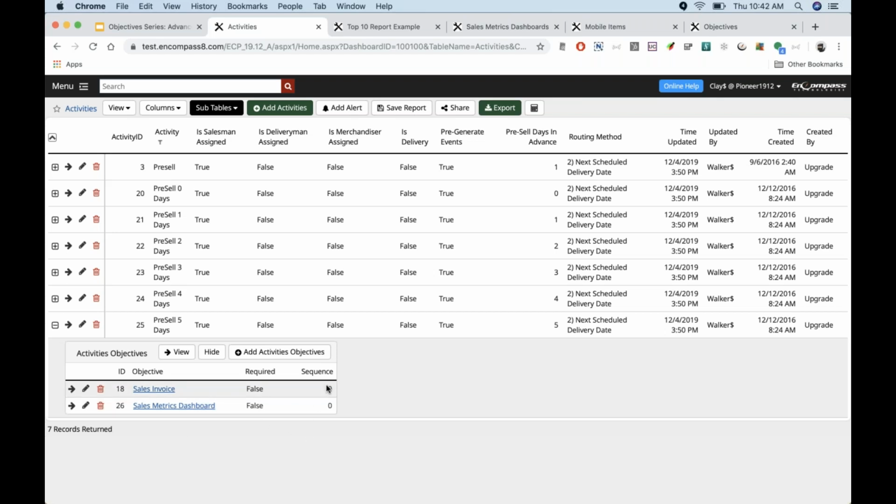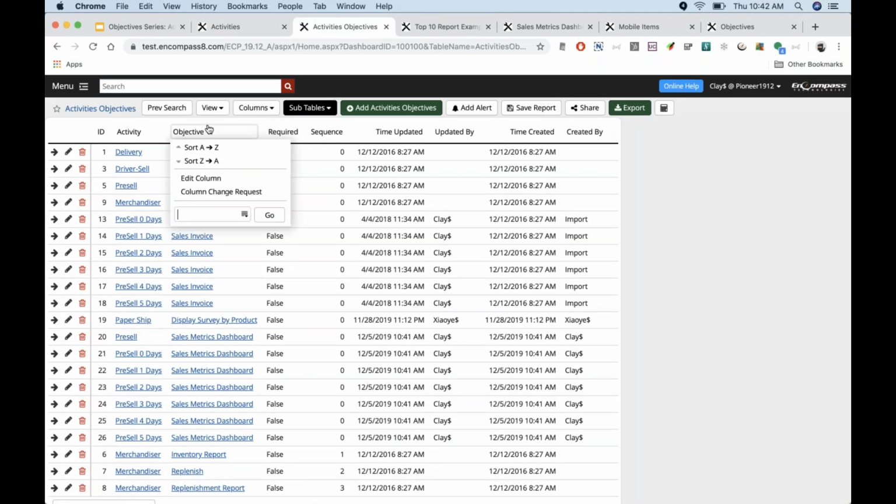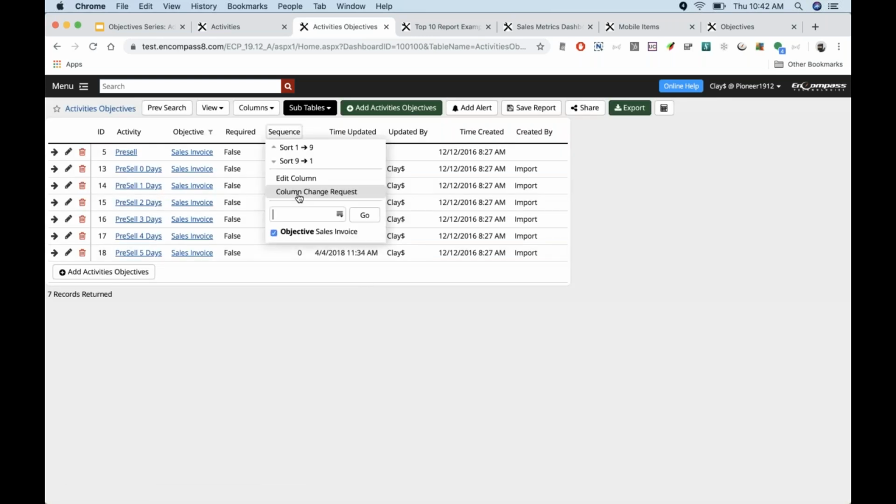Now, you may have noticed as I added these, both of the sequences are 0. So if we want to make sure that they're viewing the metric before the invoice, we can go straight to the activities objectives table and do a little filter on the sales invoice.